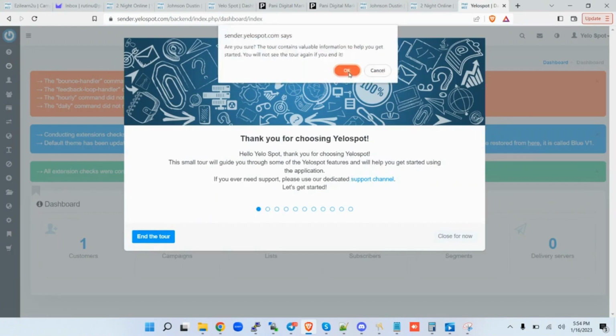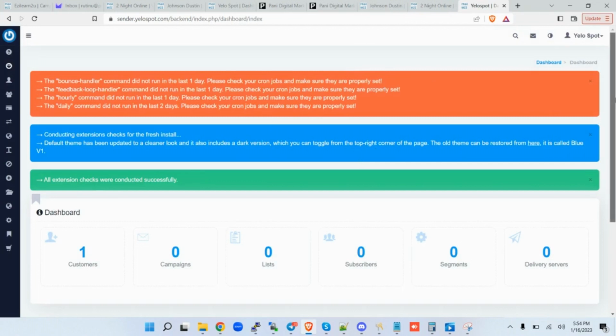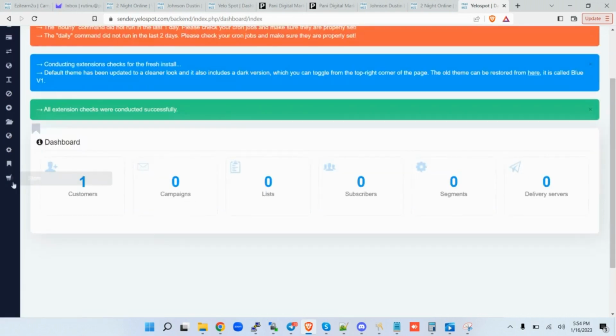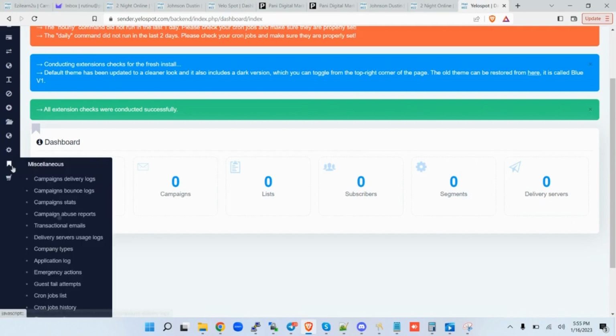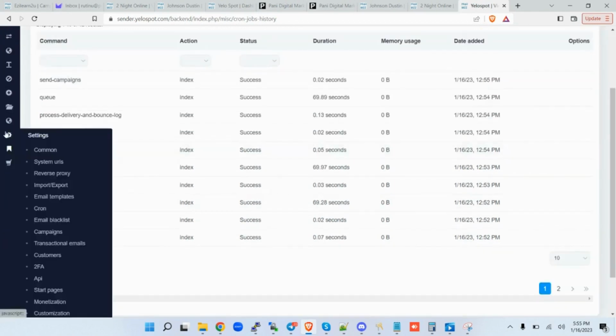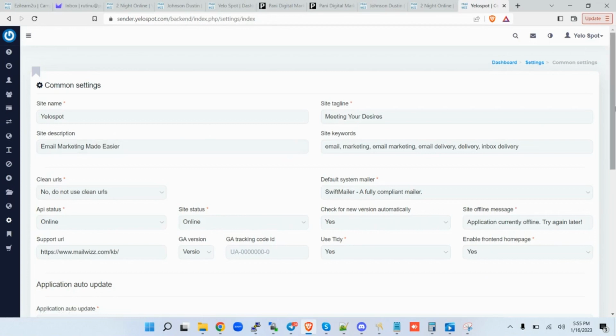So I want to end tour. I don't need that. So these are the cron jobs that are running. The first thing you want to come here and check is the logs, the cron job history, they are successfully running, so your system is perfectly working. So you come to settings, and then